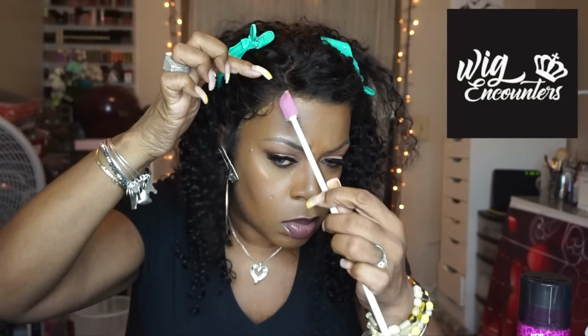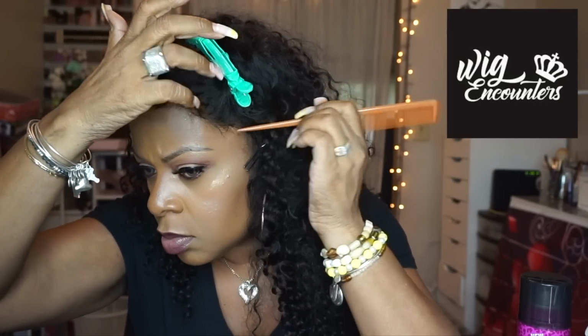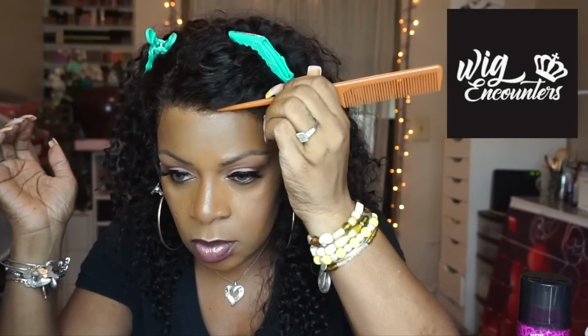And I'm just putting that on my hairline, and I'm going to just press the wig down onto it, and it really does stick very well. And that's my little spatula that I was using for a while. You know, when you have makeup in the bottom of your jar and you just need a little tiny spatula to get it out. That's what I've been using that for, but I figured since I have it, why not use it for this? And I'm just using the tail end of my comb just to pull down a little